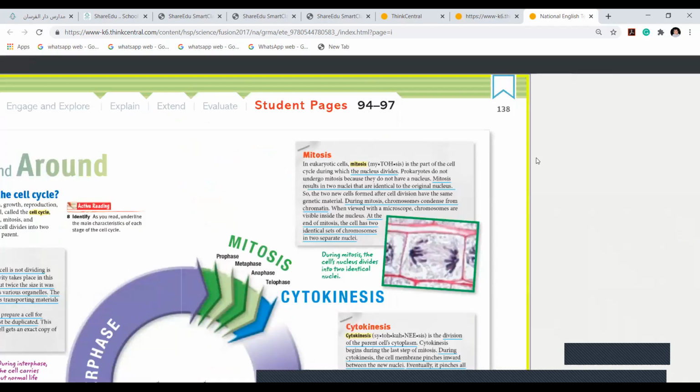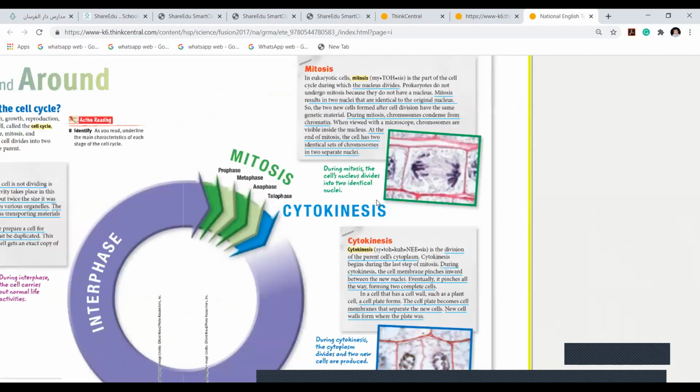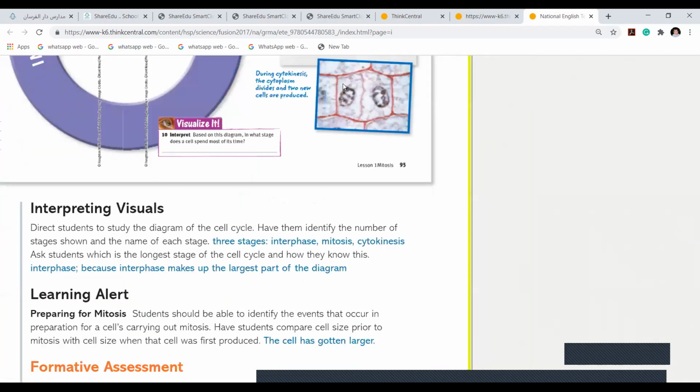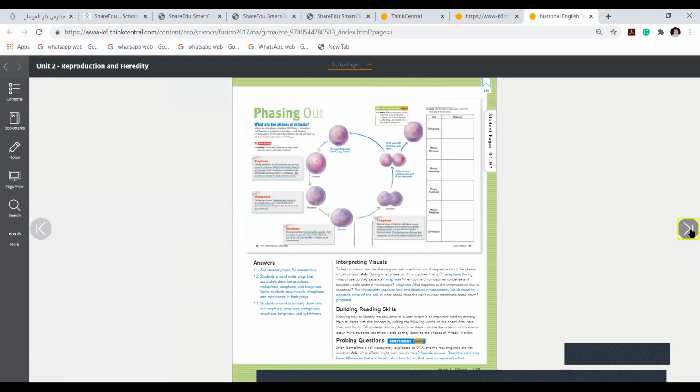Okay, so can you see here? The first is the interphase, that is the longest one. The second is the mitosis, which is prophase, metaphase, anaphase, telophase. And then you have cytokinesis. Each one I have told you what happens in cytokinesis and what happened in mitosis. I've already explained through the PowerPoint. And then finally we have